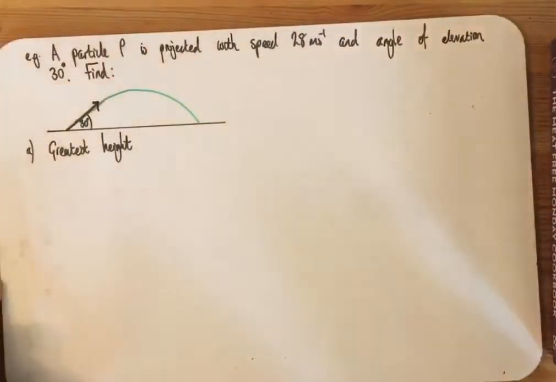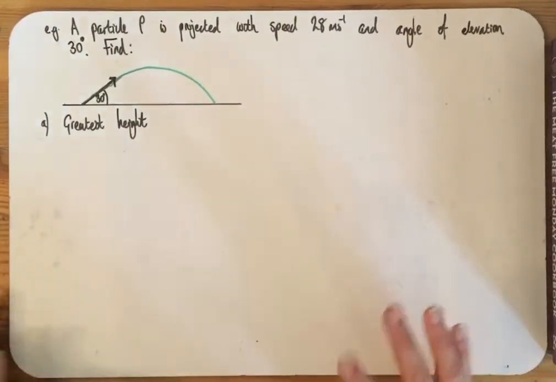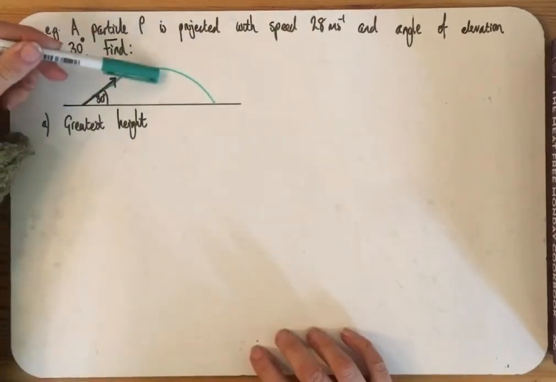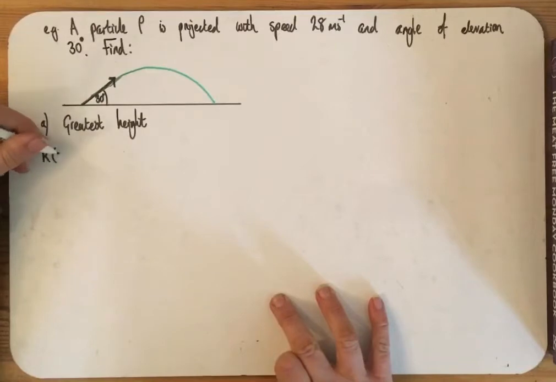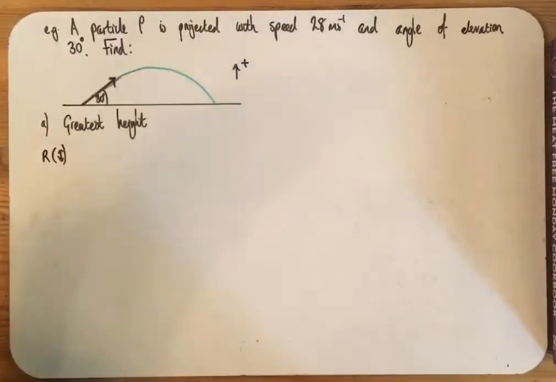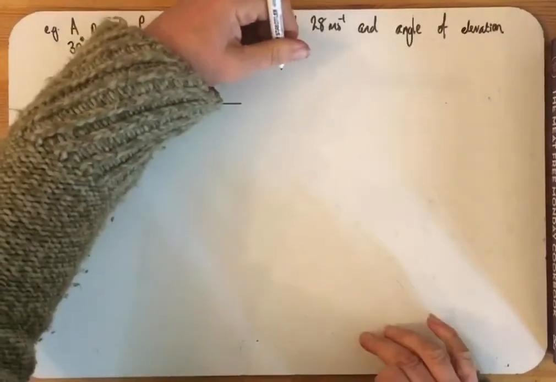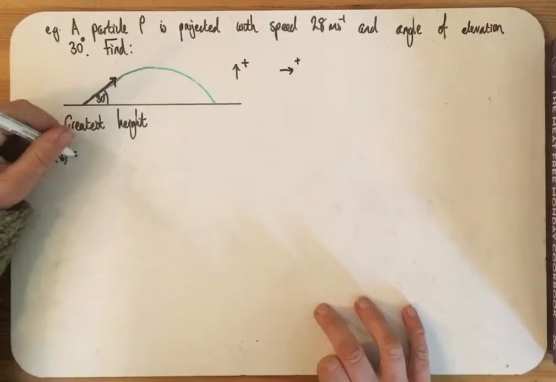So first one. We have particle P projected with speed 28 metres per second, angle of elevation 30 degrees, and we'll start by finding that greatest height. So we're interested in a vertical height, so I'm going to resolve vertically. And with these projectile questions, I would keep up as positive, personally, because you're starting with that motion in a positive direction when you're resolving vertically, and when you're resolving horizontally, obviously it makes sense for this way to be positive because that's the direction you're travelling in. So vertically,